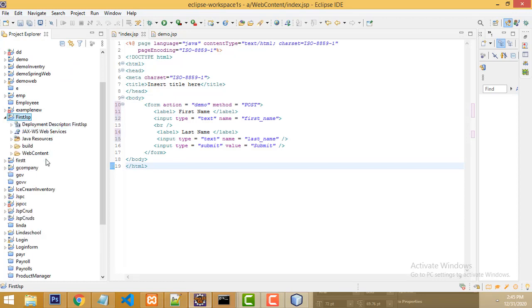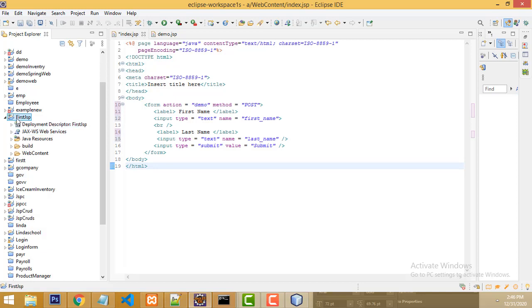Now this is the folder structure. Before you run the JSP program, first you have to set the path, because the server you are running is Tomcat.